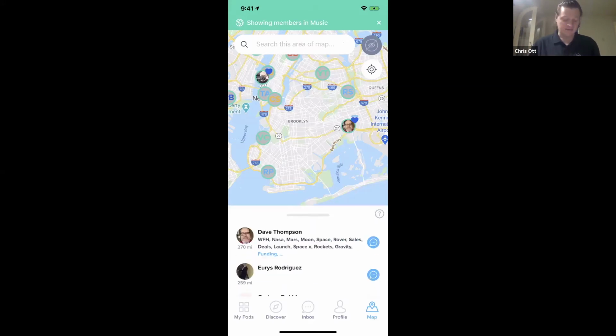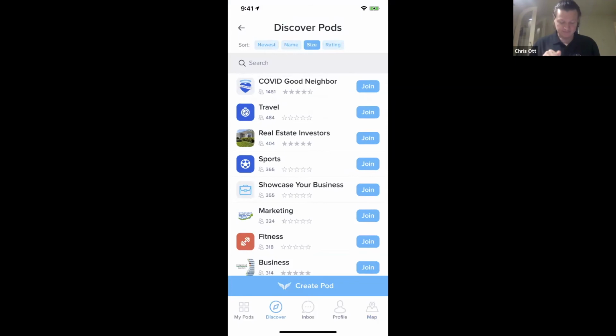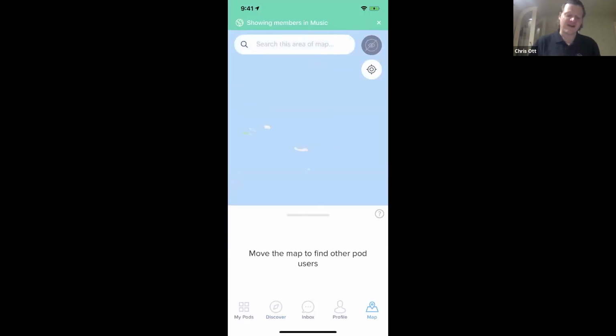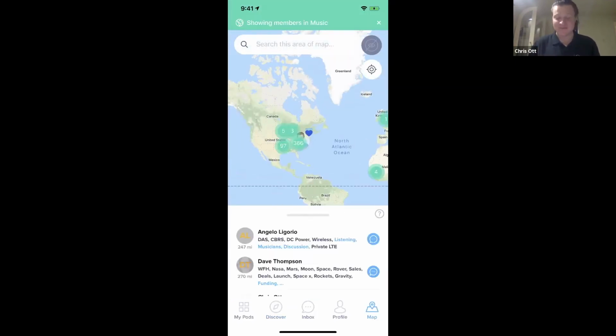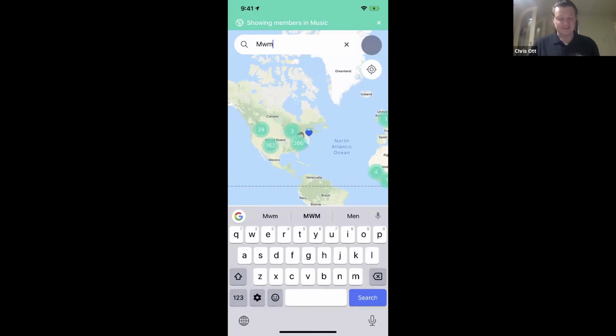And on that note, I actually want to try one more thing just for fun. I want to see if anybody in the music pod also has MWM as a tag. So you can actually search within your pods, we have powerful search filter powered by Amazon. And you can see there are 2 people that are actually inside that music pod that also have MWM as a tag. So again, as these pods grow, the larger they get, the more powerful they become. You could find somebody within a large organization that shares your love of knitting and your love of STEM, that sort of thing. Seemingly unrelated things, but you never know.